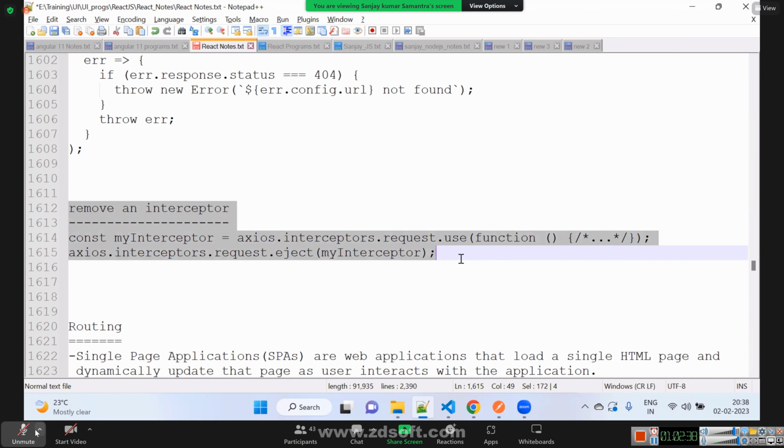Let's say the user will first log in. When the user logs in, that time you want to run the interceptor. Once the user has logged in and landed on the dashboard page, after that, whatever API calls are made, you don't need that interceptor to run. Then after login success, we can remove that interceptor so that for subsequent calls, the interceptor will not be triggered. It is disabled. Do you understand?